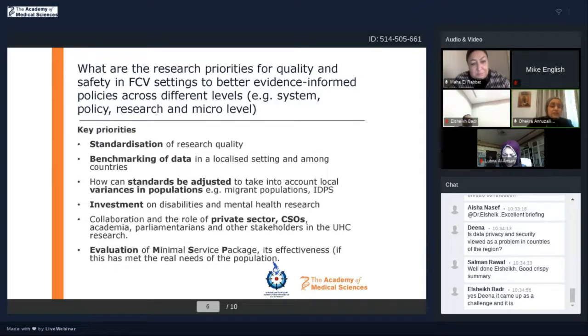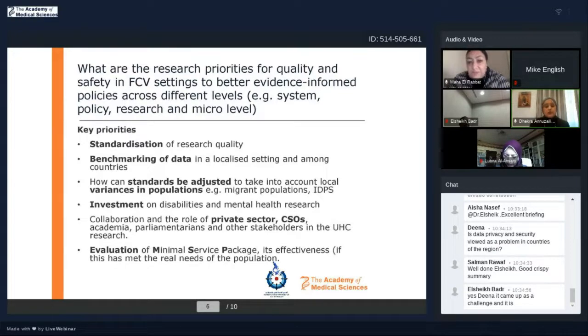In regard to key priorities and opportunities, actually the matter of standardization again, and the benchmarking of data in a localized setting and among countries, and how standards can be adjusted to take into account local variances in population, the migrant population, the IDPs, the marginalized communities. We need to invest in disabilities and mental health research, and we need to focus on collaboration on the role of the private sector itself. We have a very great example during COVID-19, how the private sector rescued some fragile contexts